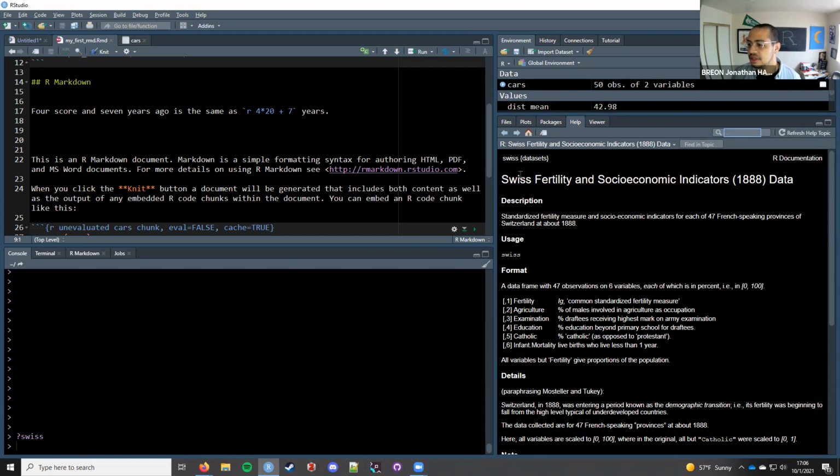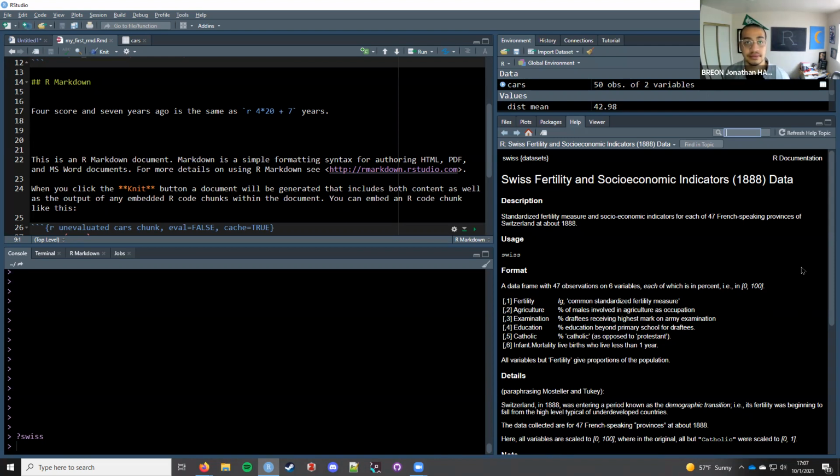For instance, this is the Swiss fertility and socioeconomic indicators from 1888 data. Standardized fertility measure and socioeconomic indicators for each of 47 French-speaking provinces of Switzerland at about 1888. And it's a data frame of 47 observations on 6 variables, each of which is in percentage, i.e. in 0 to 100.